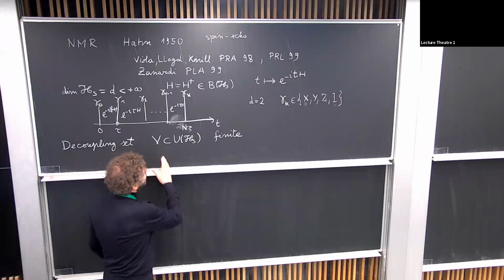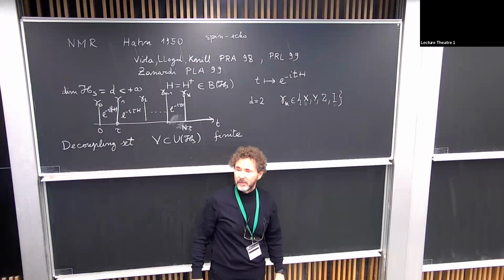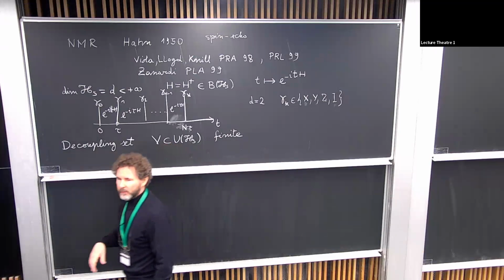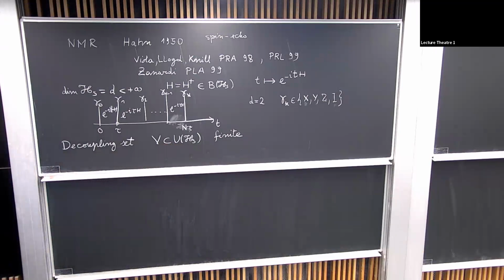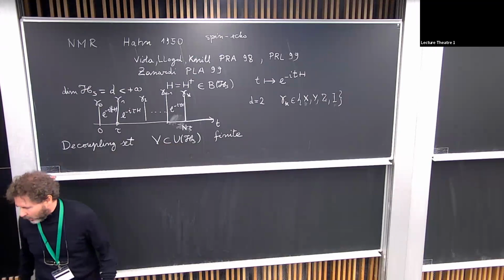Like the case of the quantum Zeno, right? I will come to that. Yes, the difference is that here we have unitary pulses. I will comment later about quantum Zeno. In such a case, we will have projections.